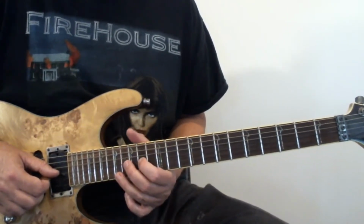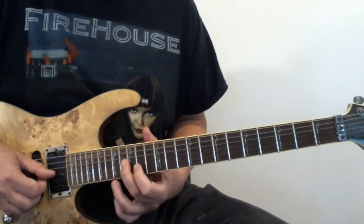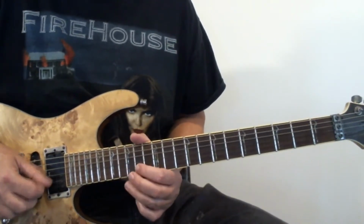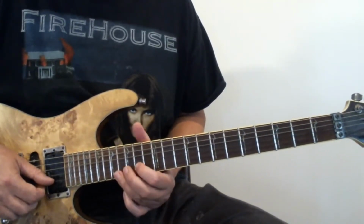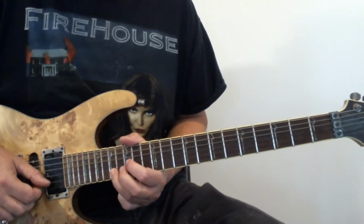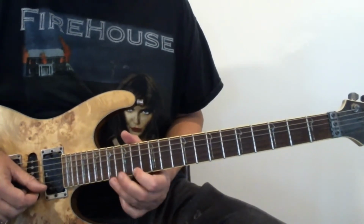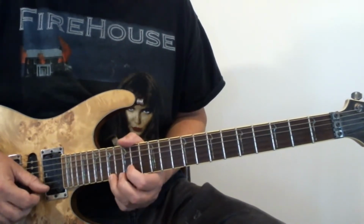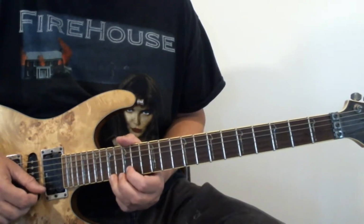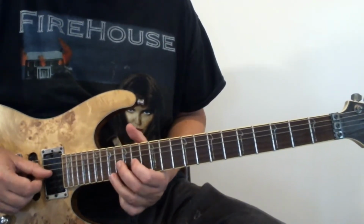14 hammer onto 16 on the G string, 14th on the B string, 17 pull off to 14 on the B, 16th on the G string, 14th on the B string and vibrato again, 14, 17 on B string, 17th bend and vibrato, repeat, and it goes to 14 and 17 on the E string. We hit 17th and a fairly wide vibrato, hit 17 with no vibrato, vibrato again 4 more times. So all that again is